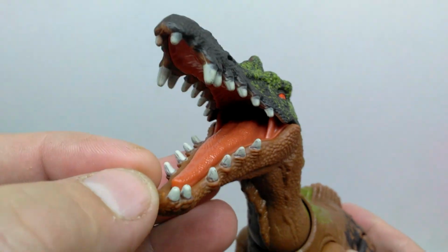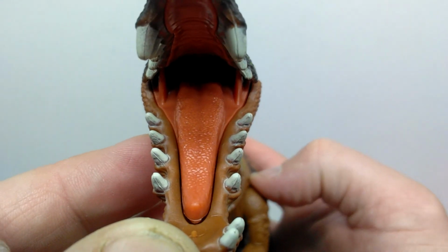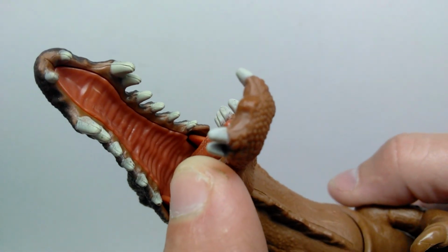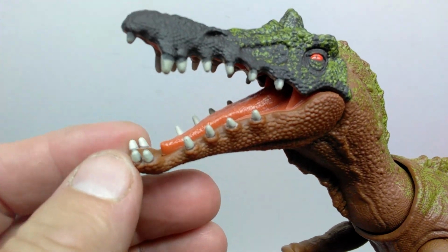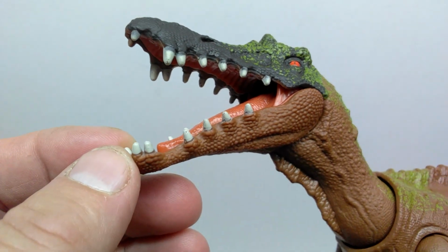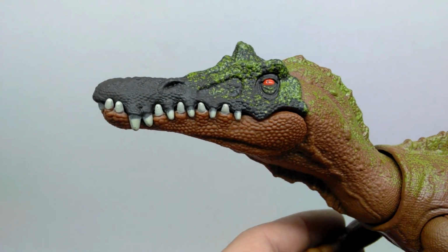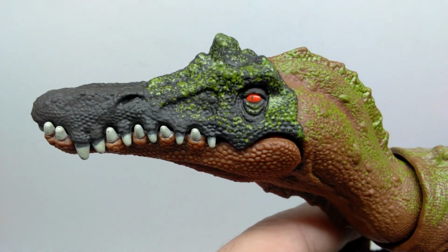mouth and, of course, the really cool teeth, but you can see the tongue is sculpted out really nicely. Like, you can actually see some beautiful texturing on the tongue, and you can also see some nice detailing there on the inside of the mouth on the upper side as well. And all of the teeth are painted very nicely, very carefully, and the inside of the mouth as well as the teeth kind of have a glossy look to them, which helps to add a nice element of realism, I would say. You can, of course, also see the nostrils there for our Irritator, and as you begin to move